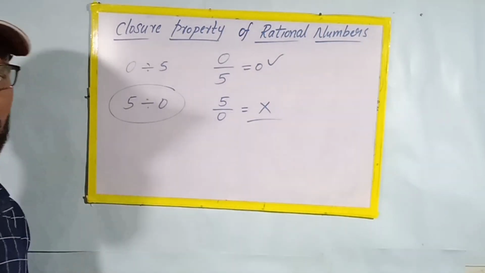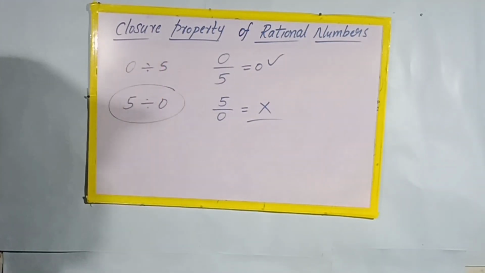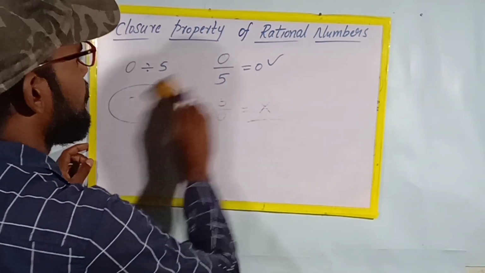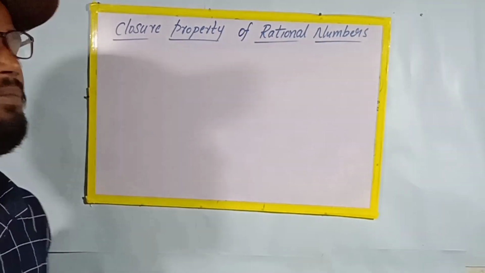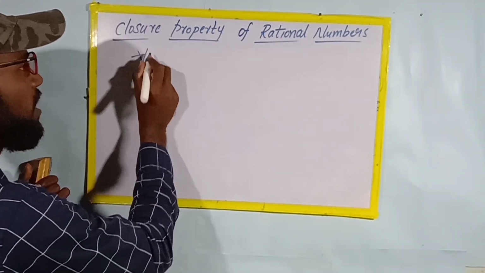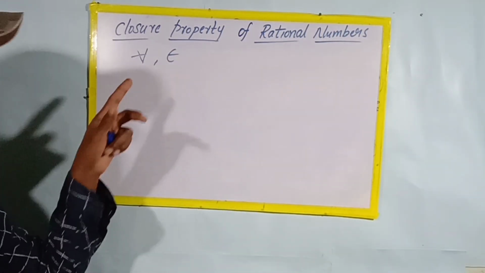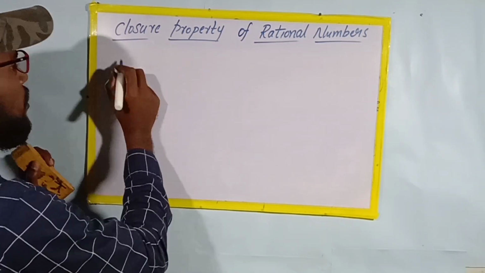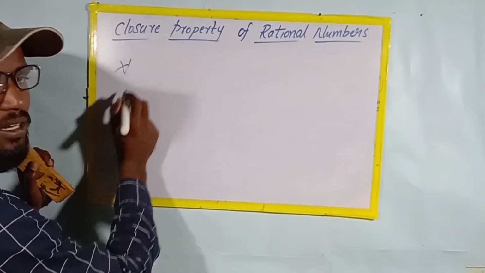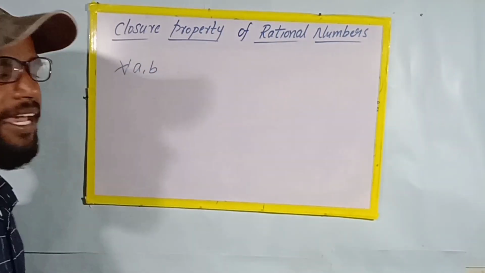Okay, rational numbers are not closed under division. This is an exception, or not? See here, 5 divided by 0, something by 0, it is undefined. Okay, everyone clear? So I already introduced the two symbols. So how to write the statement? See here, these two symbols: for all, belongs to. By using these two symbols we can frame one sentence. See here, for all a comma b are rational numbers.